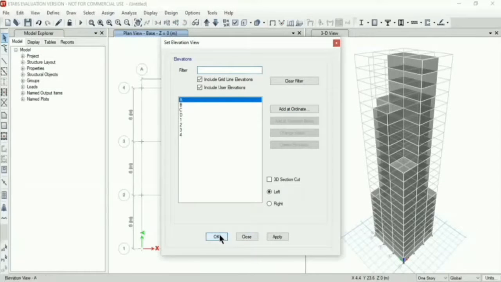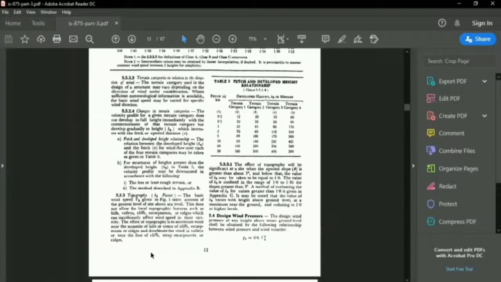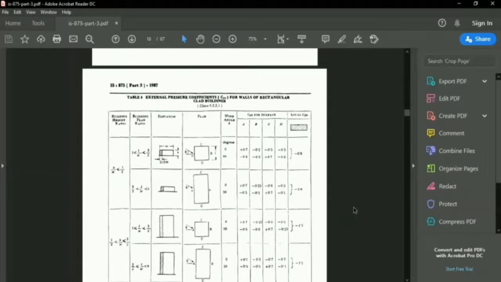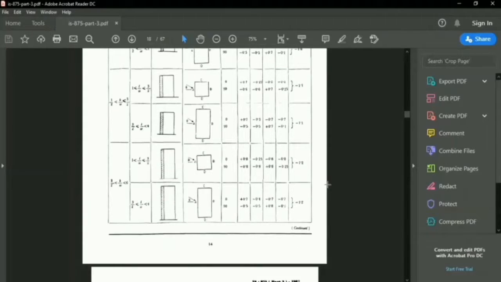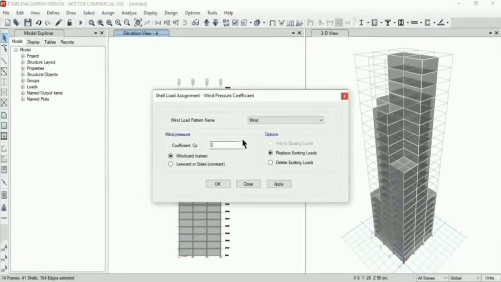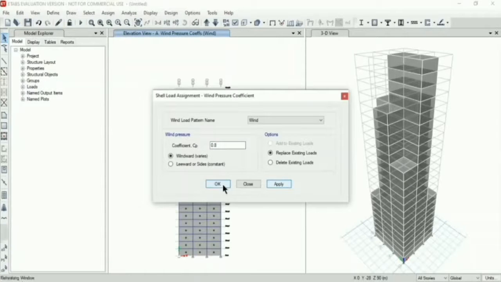Now we will assign the wind load coefficients for the building. Select the face of the building. The coefficient will be taken as per Indian standards. So go to assign wind load coefficient. The coefficient will be taken for the windward side as 0.8, and it differs for the other side, that is the leeward side.